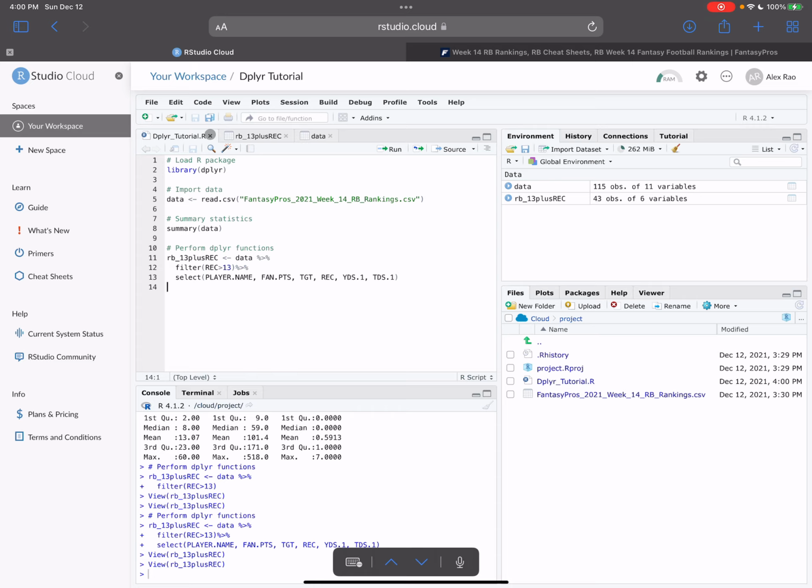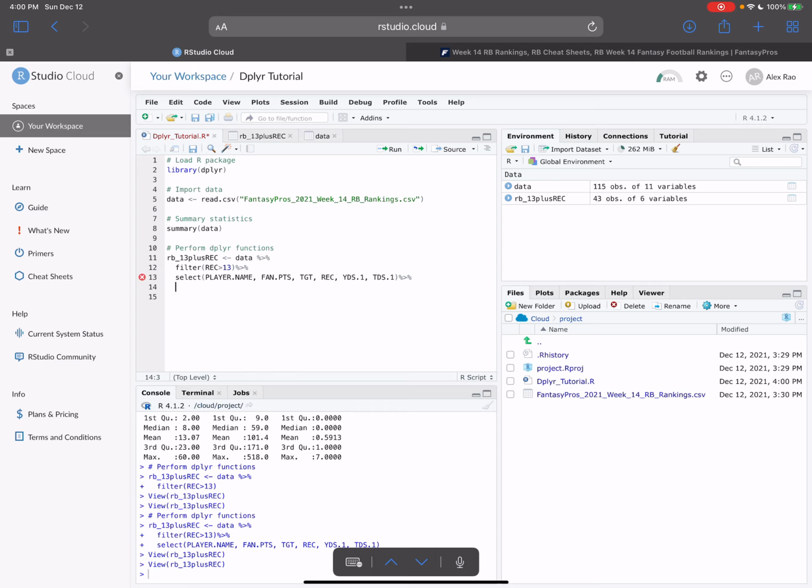So like I mentioned earlier, we can generate a new statistic that will allow us to see just how effective these players are on a per catch basis. And there's a stat that exists in football, and will be very useful for highlighting efficiency in the passing game, and it's yards per reception. So using DPLYR and the mutate function, we can calculate yards per reception and include this stat in our new data. So to do this, first we'll add the piping function,